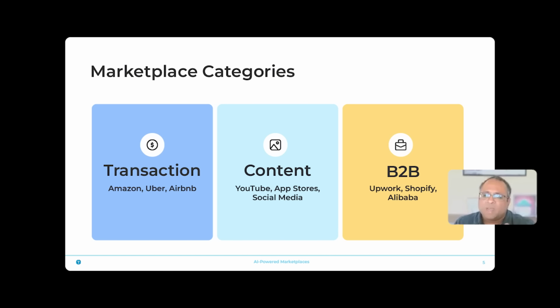So in my mind, there is no universal way of categorizing the types of marketplaces. But in my mind, there are 3 ways of thinking about marketplaces in general. Number 1 is a transaction-based marketplace. You can consider Amazon, Uber, and Airbnb as transaction-based marketplaces, meaning a third-party seller comes into Amazon, finds a buyer through the platform, sells X, and then Amazon takes a percentage out of that transaction as the revenue cut. Same thing with Uber, same thing with Airbnb. So these are transaction-based marketplaces.